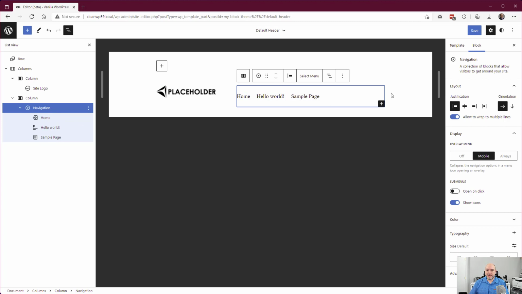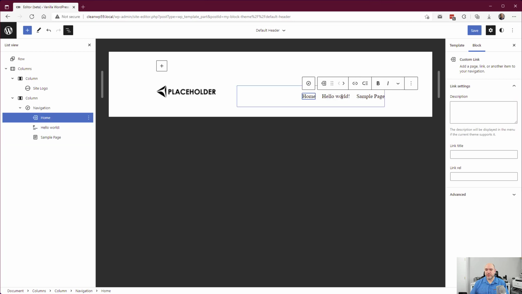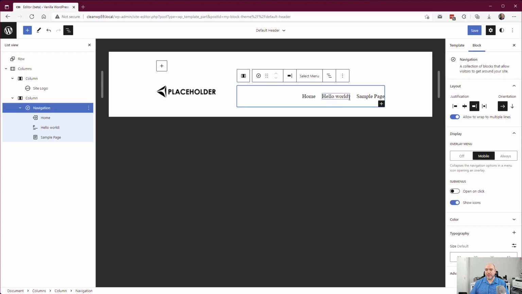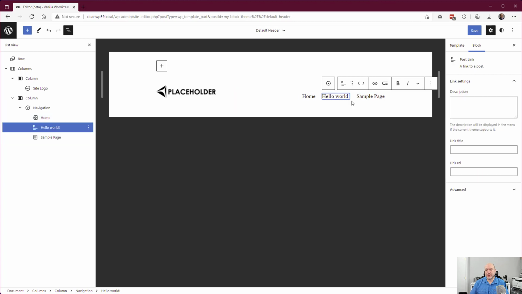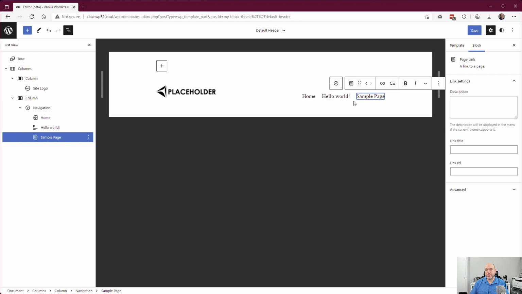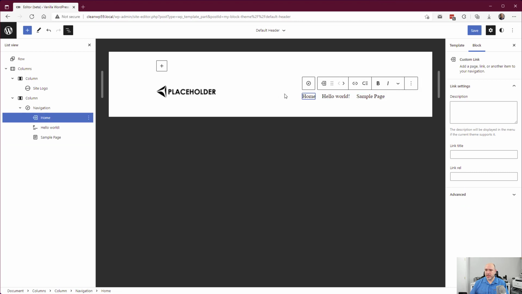The other big challenge that I see is in the layout. So we can do simple things like justify the menu different ways. We can orient it, horizontally or vertically. However, that's about the extent of the styling that we have. We don't have a whole lot of options as to how things look on mobile. We don't have much in terms of spacing or what happens when you hover over things. All of that right now still needs to be done through CSS. So I definitely think if there's anything you're going to keep from the classic theme world, the menus should probably